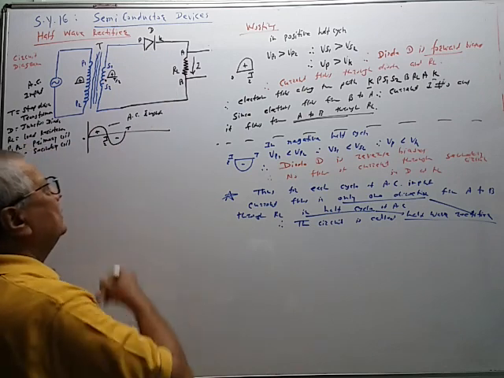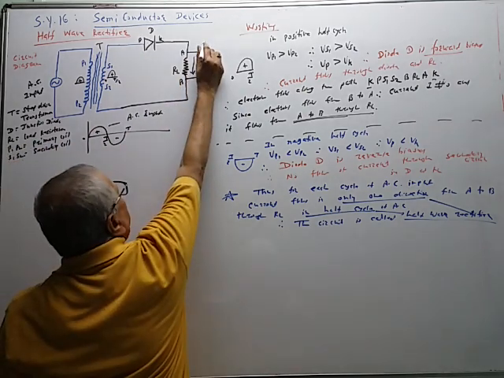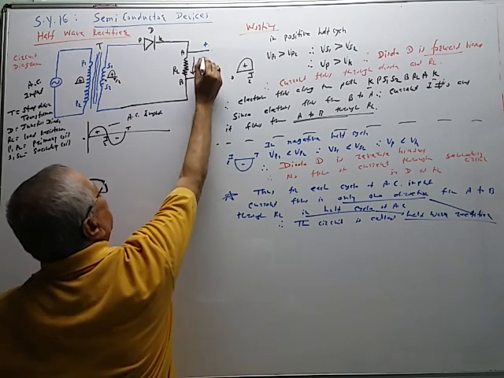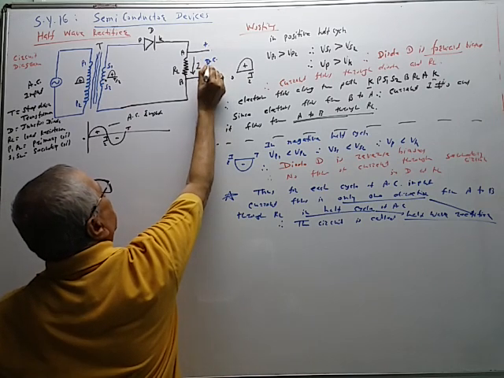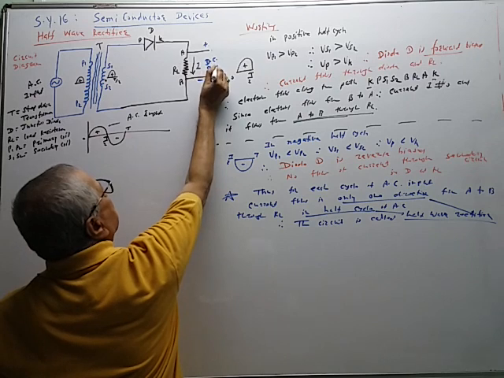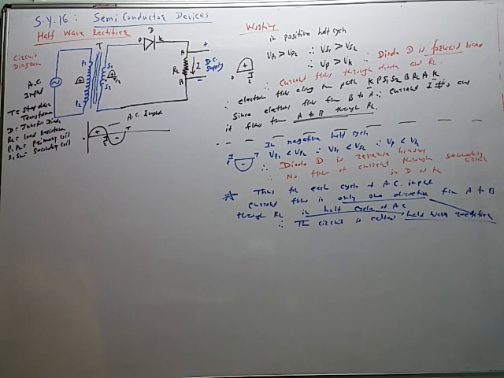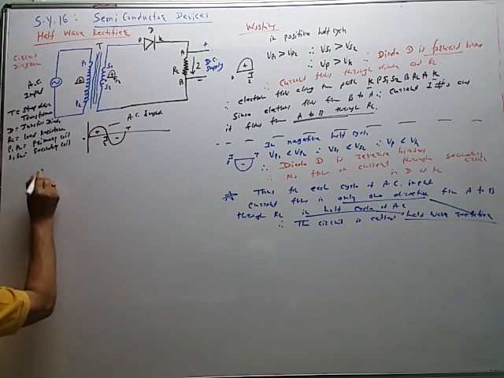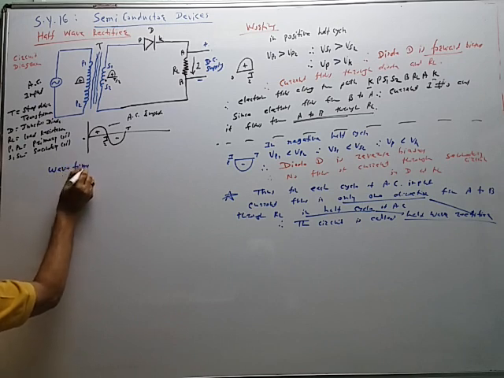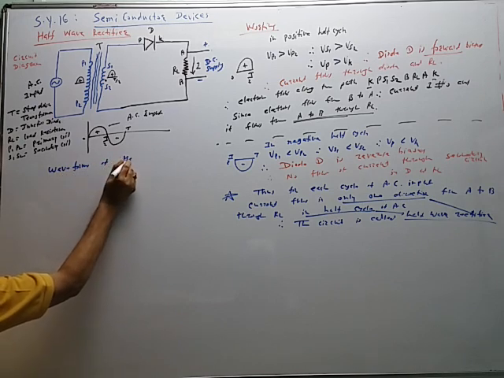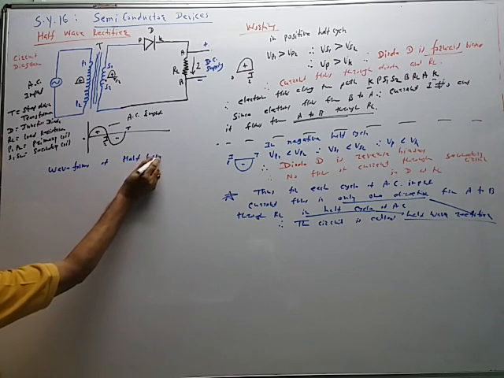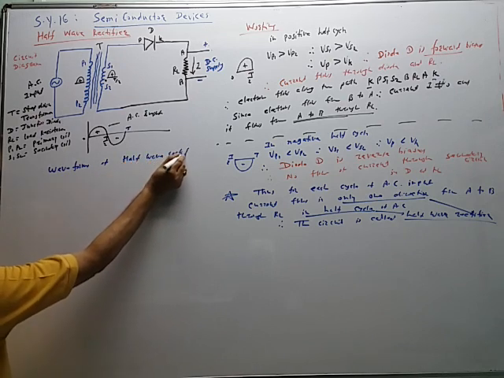So current flows from higher potential to lower potential. So this A end is positive, this B end is negative, and it is a DC supply. From the A and B terminals we will get the DC supply like this. But this DC supply has one drawback, that it is available in only one half cycle of the AC input, and therefore the waveforms of the half wave rectifier are like this. Waveforms of half wave rectifier.